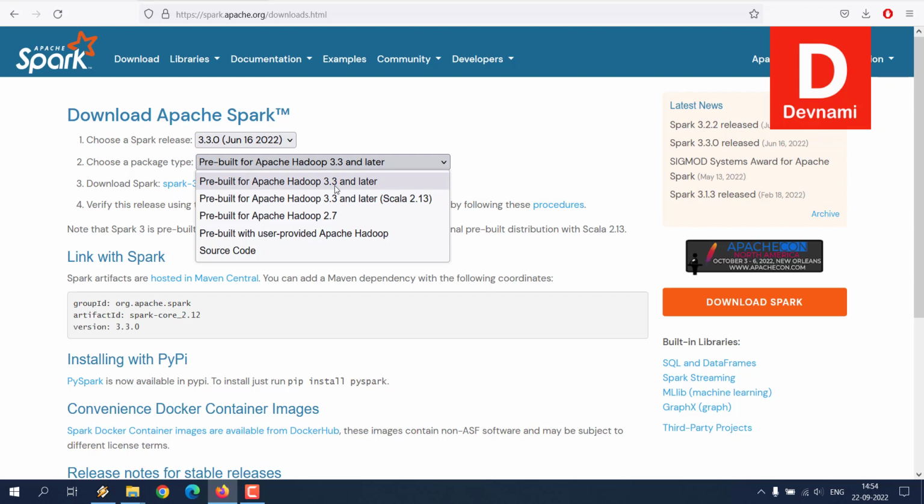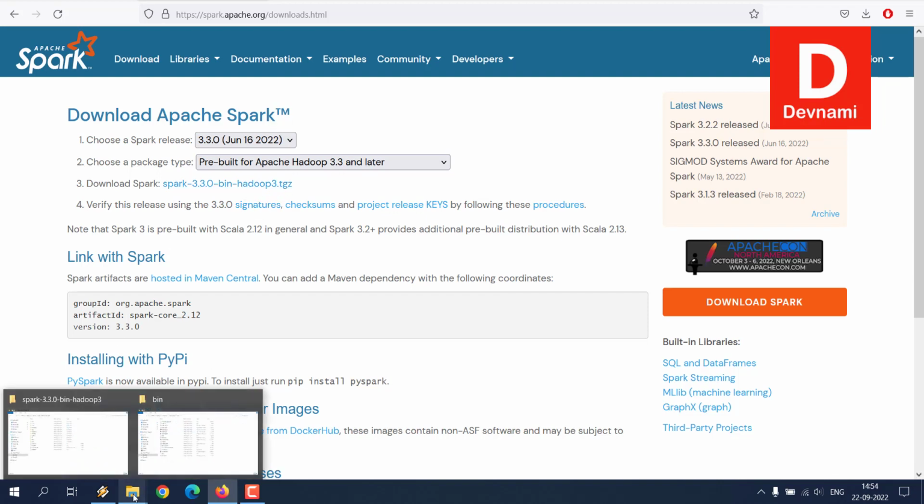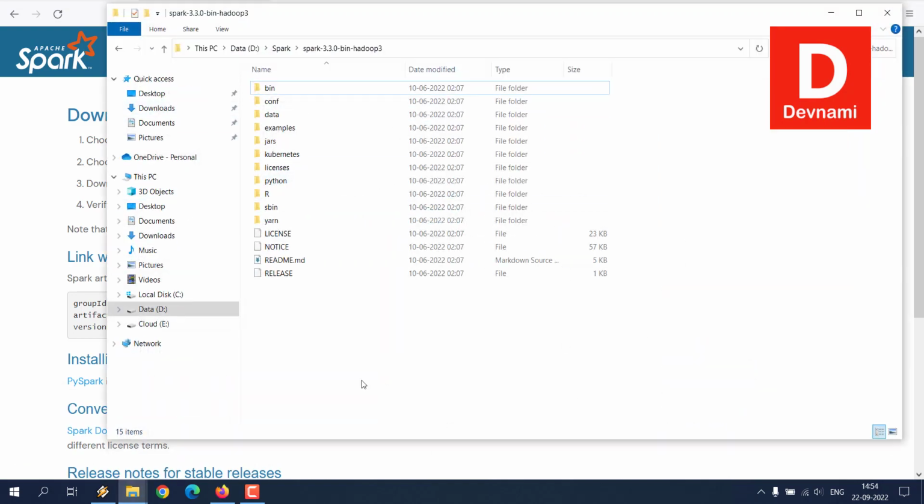You can choose Hadoop 3.3 with Scala or without Scala. Either one of those should work. My personal preference is going with only Hadoop, and you can install Scala differently, or separately, you can say. Then click on this download link and make sure to extract that into a folder, which should look something like